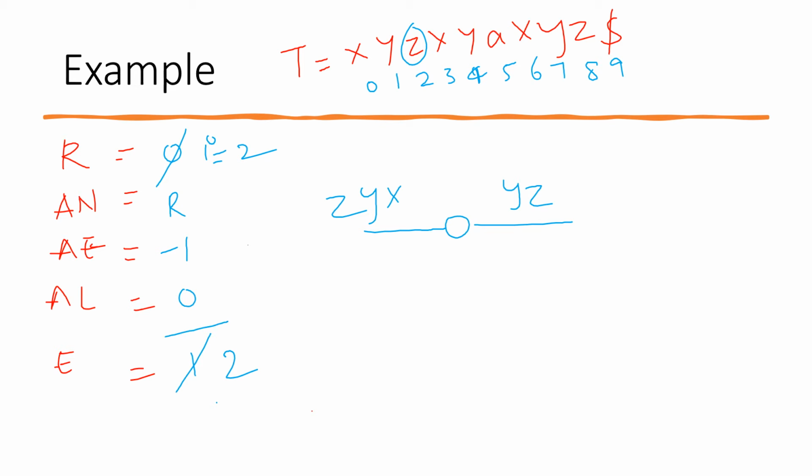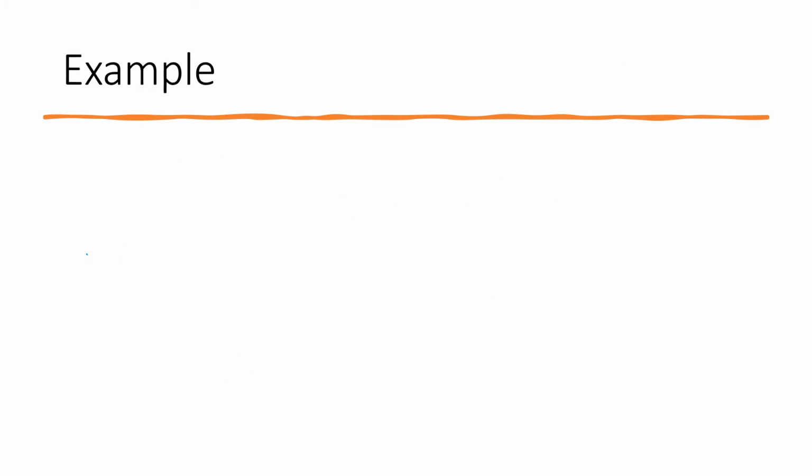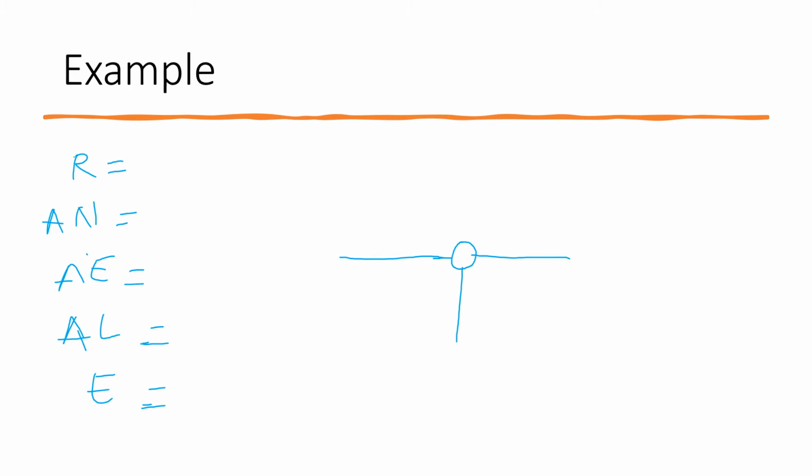Since active length is 0, again we check if there's a path from root to z. Since there is none, we create one. So this is z. Again we just decrement the remaining to 0. Just like I told earlier, again we decrement the remainder to 0. These are just like the previous one.